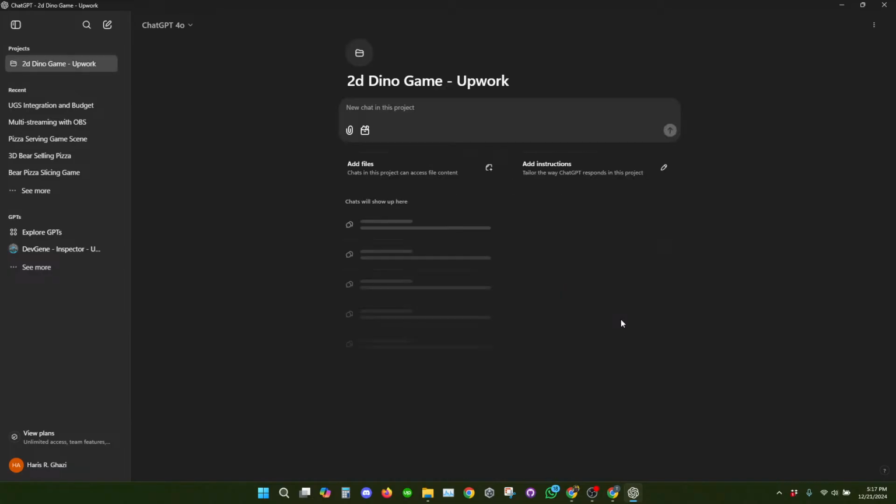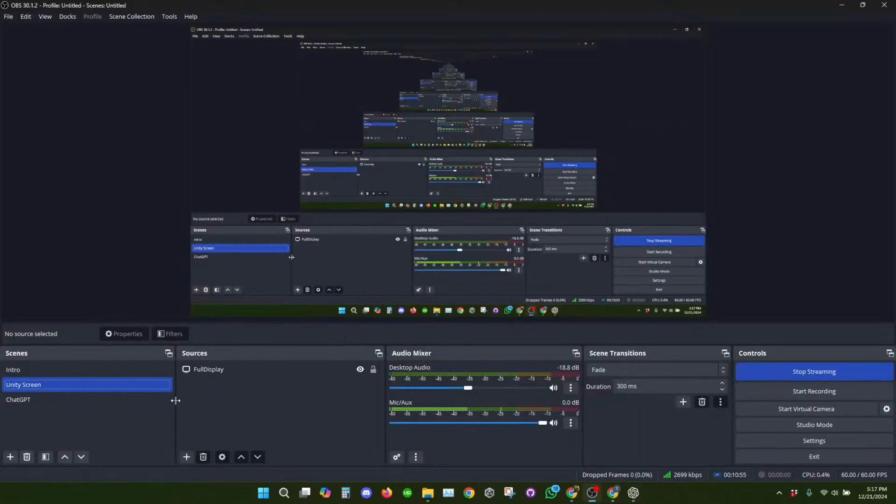Okay, so we have the project, and now the next step would be, of course, to give instructions to ChatGPT, and then we can get started. It says add instructions here. This way, ChatGPT will have some training data, and it can give us the best possible response. We can also add files, but we don't have access to the file, or maybe we have. Let me check my Upwork